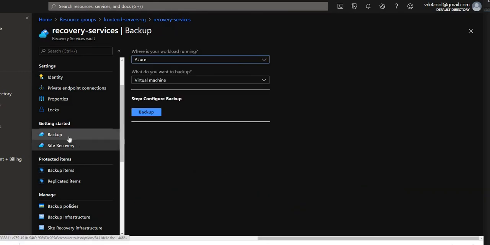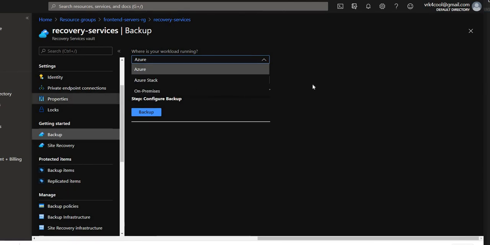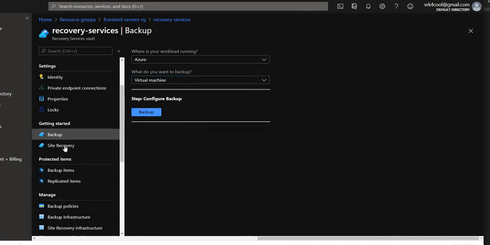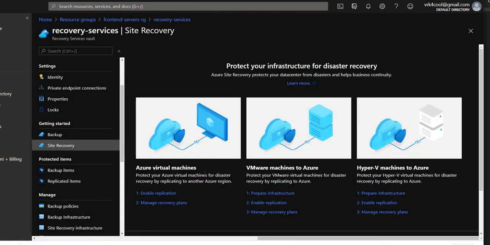There are two services, which are backup and site recovery. In backup, you can go with virtual machine, SQL Server, or a file share. Site recovery is all about enabling replication so that data can be stored in some other region.